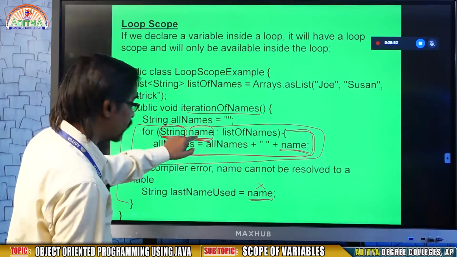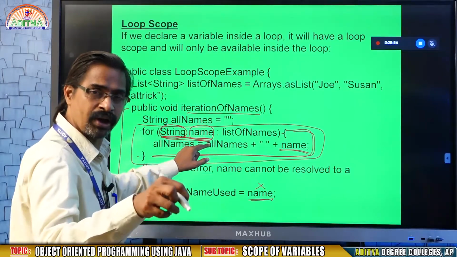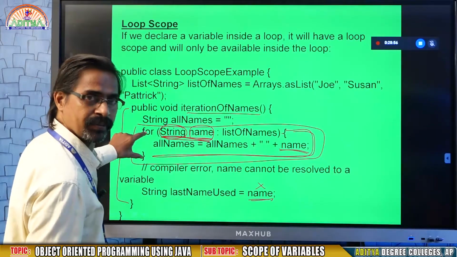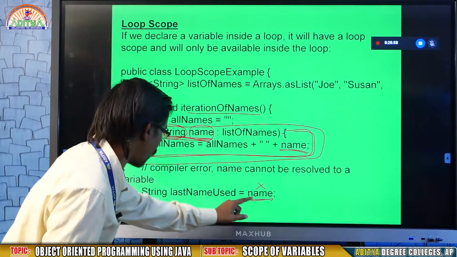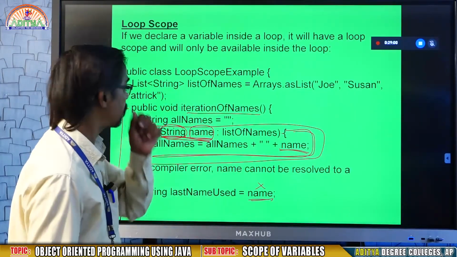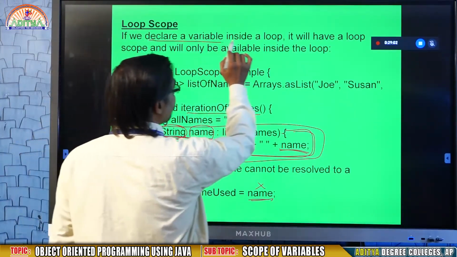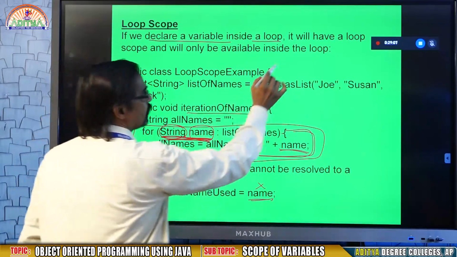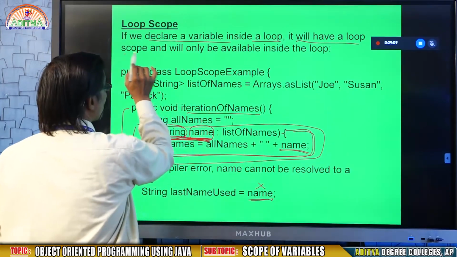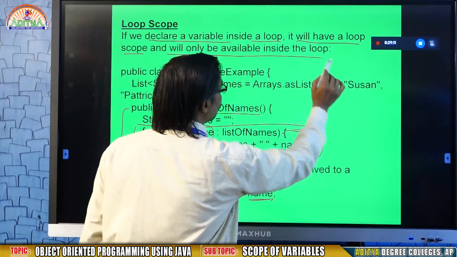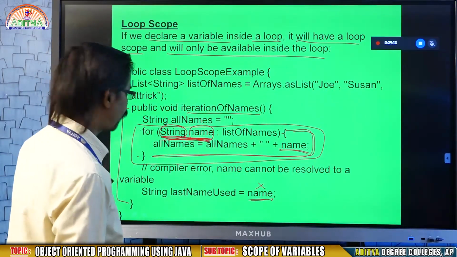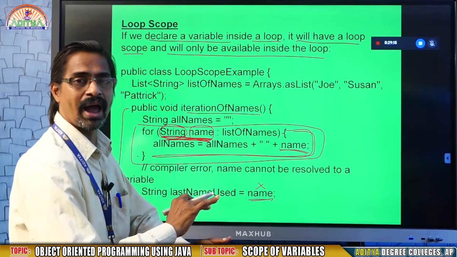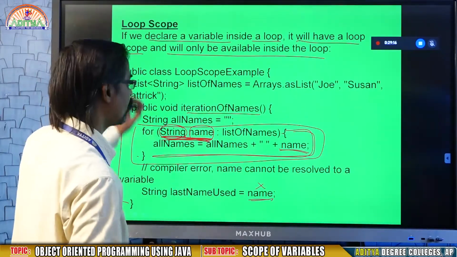So that's why it is visible, its boundary is up to this for only. If you try to use that name outside, it won't allow. So if we declare a variable inside a loop, it will have a loop scope and will only be available inside the loop. If you come out of the loop, it won't allow. That is what is called loop scope.